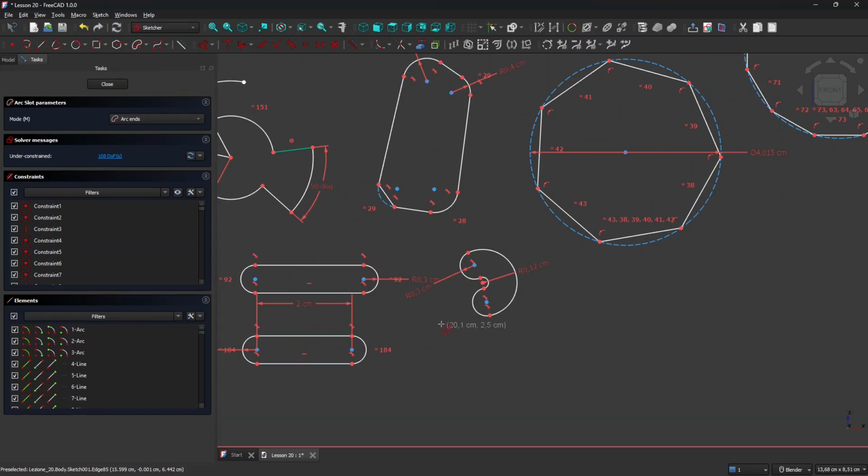And this is the arc slot. So it's like creating again a circle, and then you define the degrees you want. You can see it's going positive here and negative here. So if